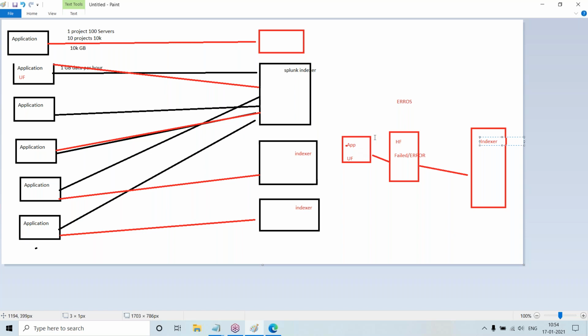If I do the same parsing on my source application, what will happen? The application performance will reduce because it has to parse the file. The universal forwarder will also utilize some resources, and it will deteriorate the performance of the production server. So they won't do any parsing in the source system. They will do it on a separate system called a heavy forwarder. Got it?